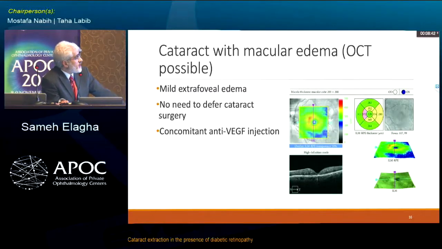The second clinical scenario is cataract with macular edema. Now, this is the first possibility, that we have very, very mild extrafoveal edema, which is the red area seen just temporal to the fovea. But we have a good central foveal thickness of about 230 microns. In this case, it is probably okay to go ahead with the cataract surgery, but we must do a concomitant